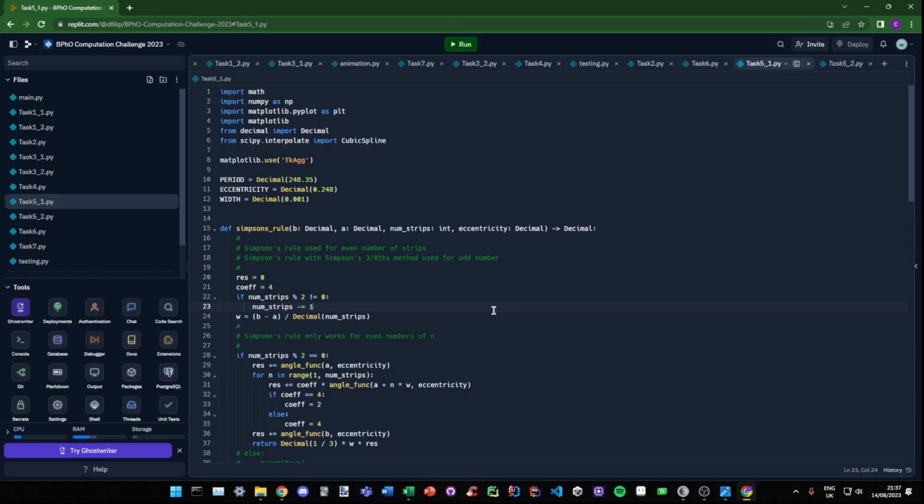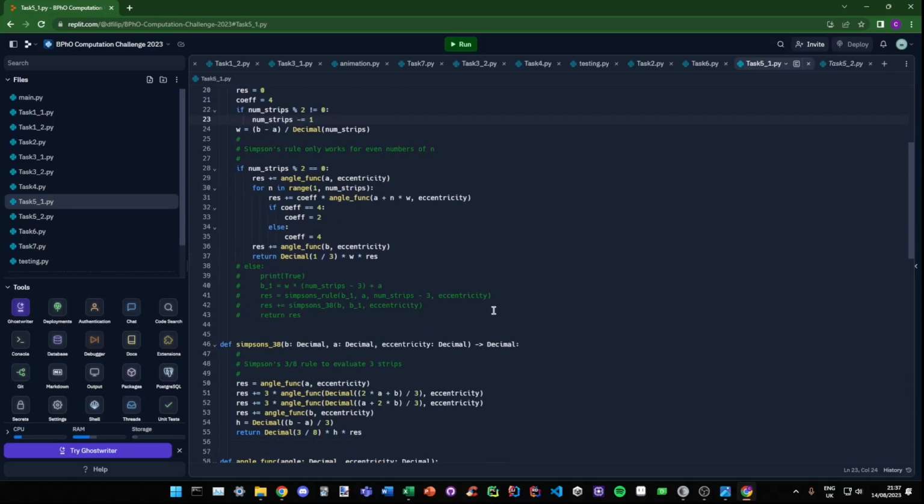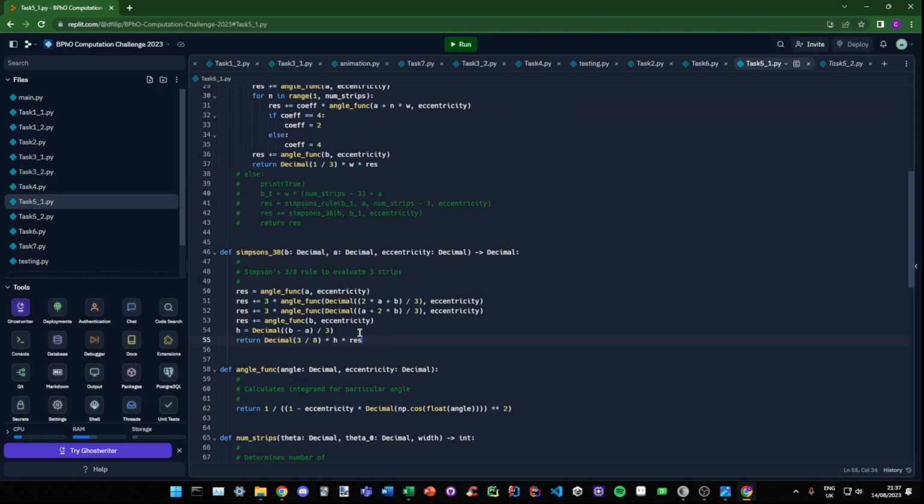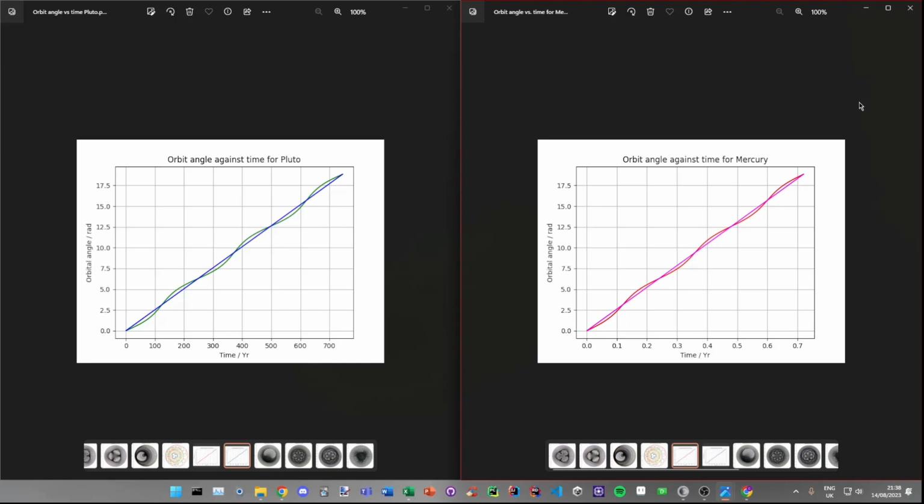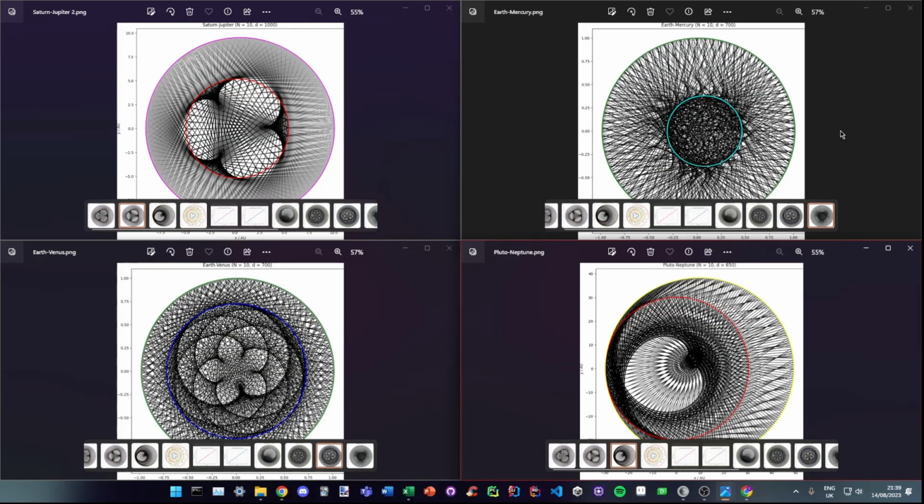For task 5, we coded Simpson's rule to numerically evaluate the integral. We used Simpson's rule together with Simpson's 3/8 rule to approximate the integral for when there were an odd number of strips. We plotted the graph of orbital angle against time, in addition to creating a conversion algorithm for both Mercury and Pluto. For task 6, we plotted the line segment between any two planets at each point in time